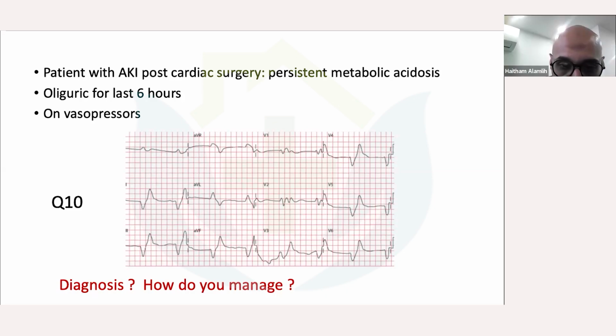Whenever you're trying to read an ECG, you will see P followed by QRS, but here QRS is not followed by P. There's no association between the P wave and the QRS. So maybe I will say complete heart block. Okay, so what's your diagnosis? Complete heart block. Grade 3 heart block.